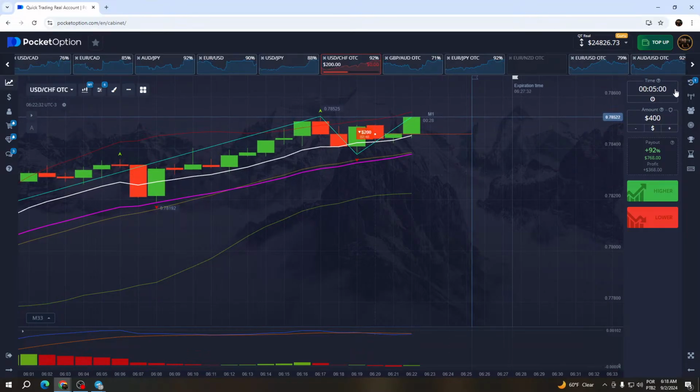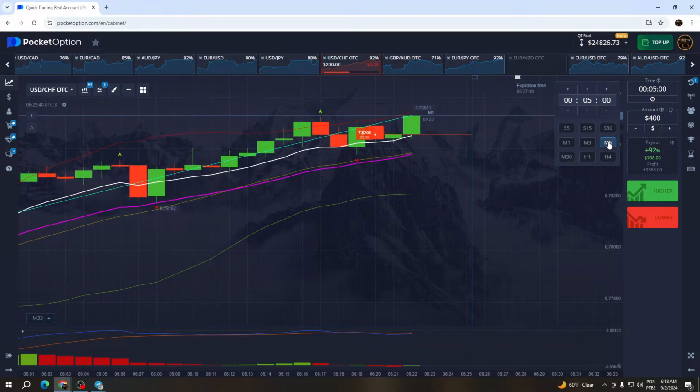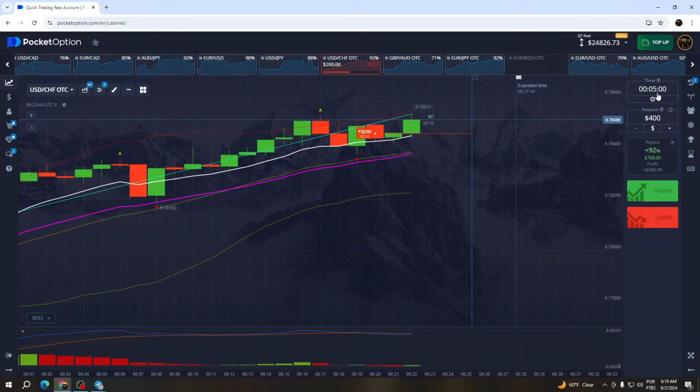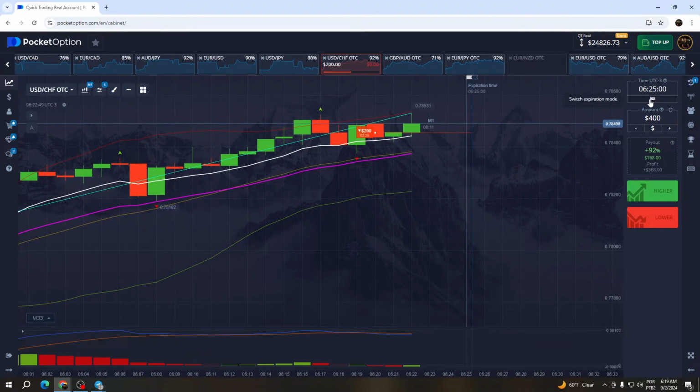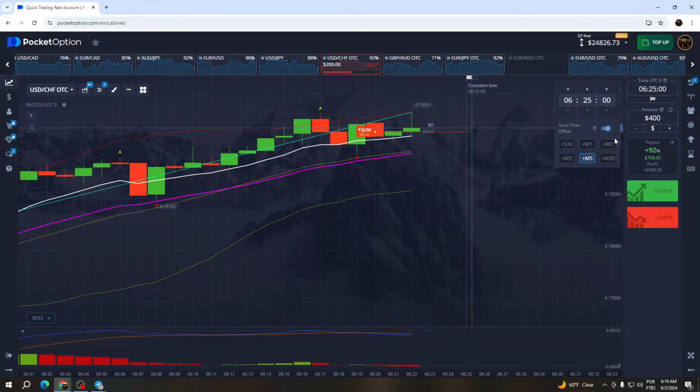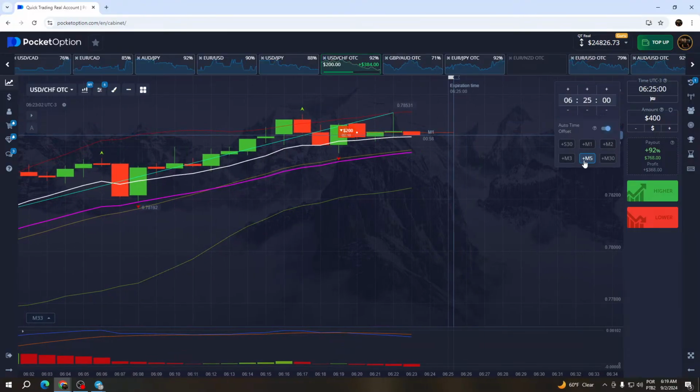So the time you can see on it, just leave this configured for all operations that you perform. M5 means all the operations will have 5 minutes of duration. If you click on this little clock and change this to flag, it is the same thing. But the only difference between them is that you need to use plus M5.